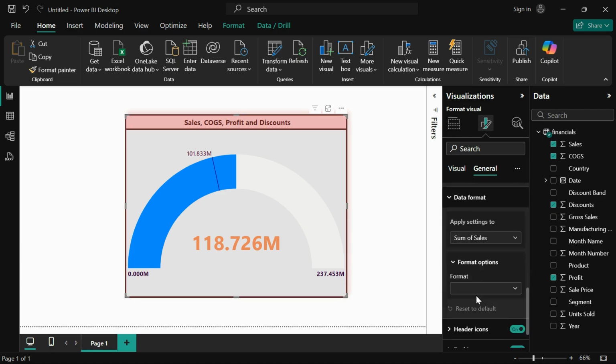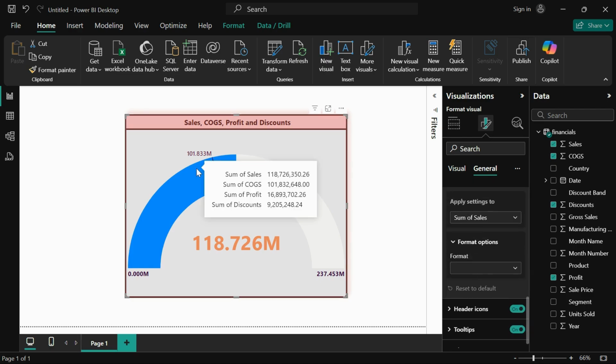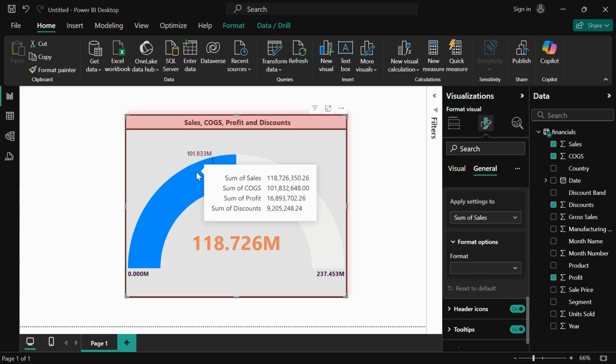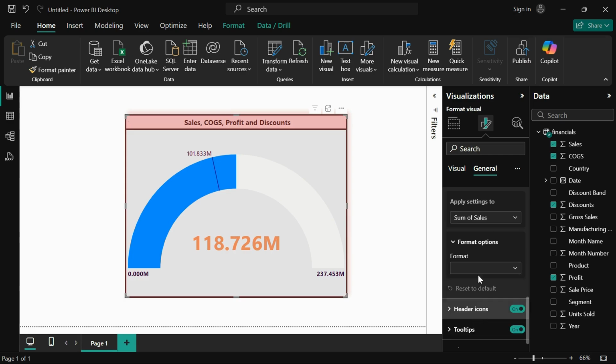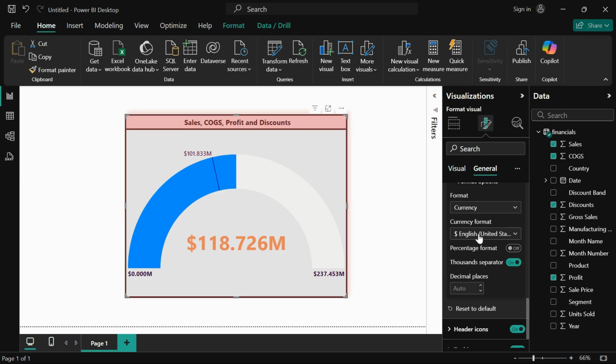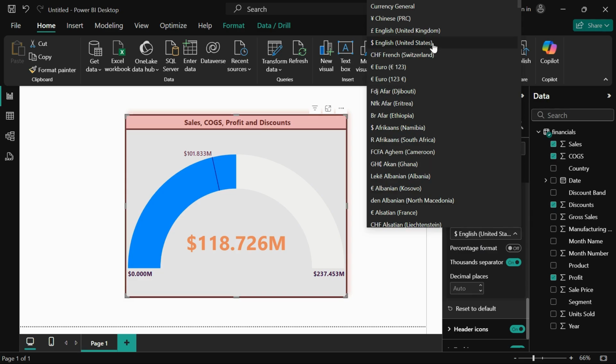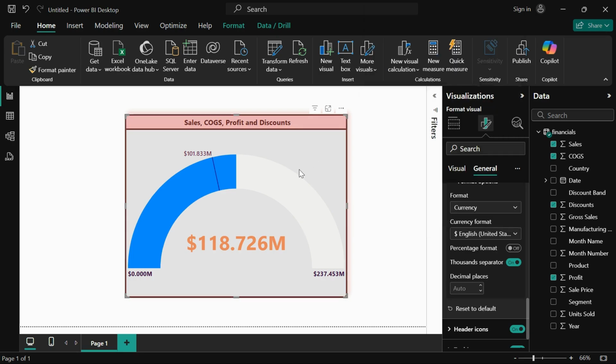This way. The data format, so we have four different datas here: sales, COGS, profit, and discount. So all these things should be in currency format, correct? So by default the currency set by Power BI is US. You can change the currency here for your data. Let's say I have US data, UK data, I can change it to that particular currency, correct? Then I can also handle the decimal places here,